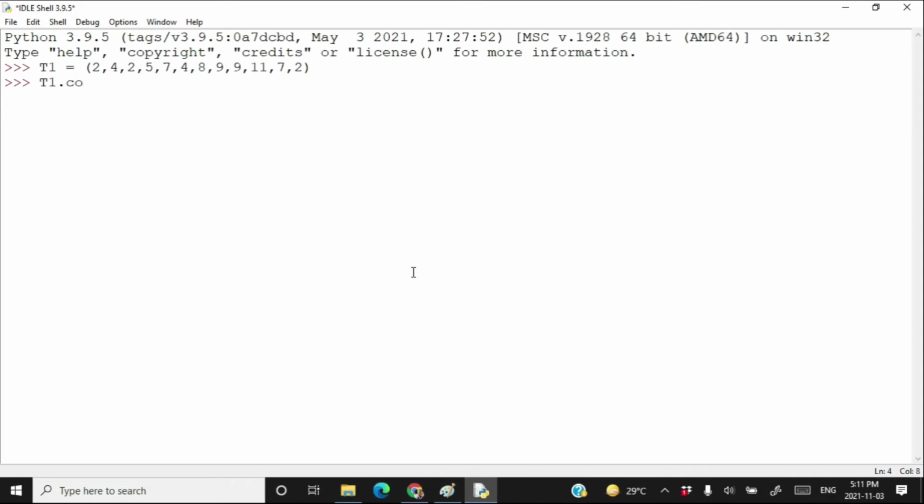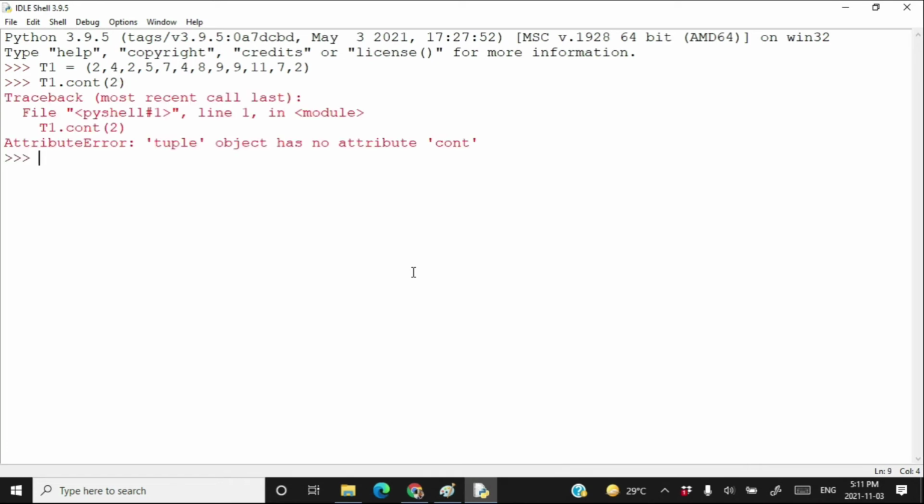T1.count(2): I want to count how many times the element 2 has appeared in tuple T1. Oh, I have typed a wrong spelling. T1.count(2). How many times has the element 2 appeared in tuple T1? 3 times. So this is the count method we use to count the number of occurrences of an element in the tuple.